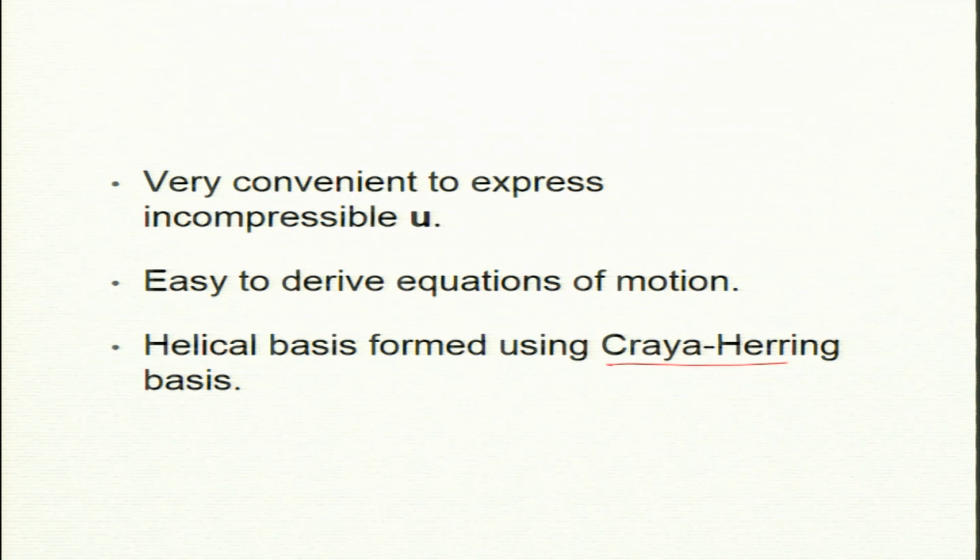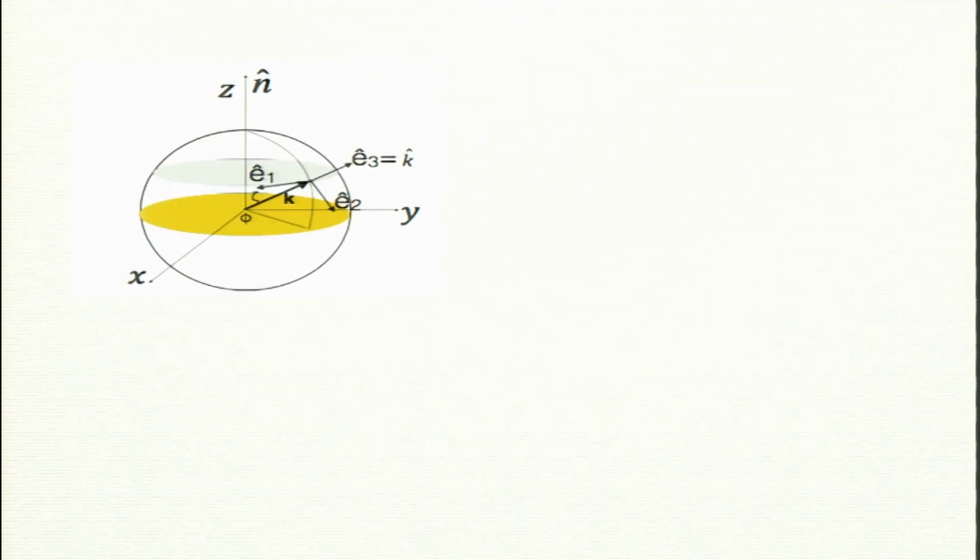Okay, so let us start by showing you how to construct this basis. We will first work with 3D. So this is a vector. We have wave numbers, no? The wave number is a vector k. So this is a wave vector k. Please pay attention to this figure. Now along the direction of vector k, I make E3. It will have 3 components, but this is variable. You will find that x cap, y cap, z cap are fixed bases, but here the basis vectors will move along with k.